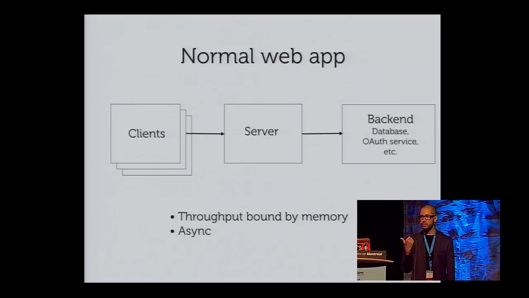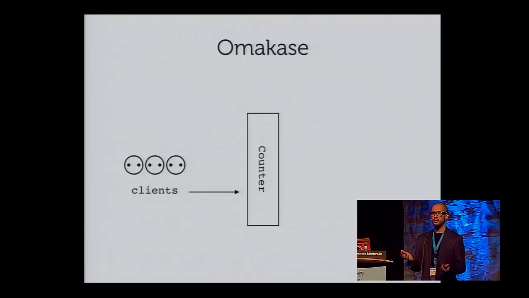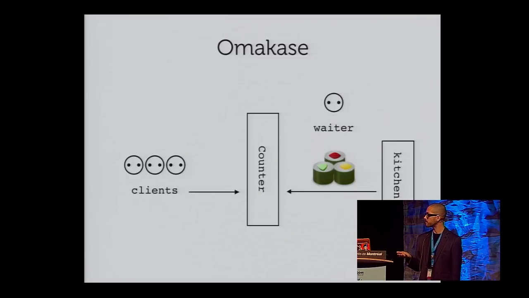Now, this is even more true of omakase. Or actually, I just learned that it's probably pronounced omakase, but anyway. The way it works is you and your friends all go up to the counter, and the waiter tells the kitchen a bunch of people arrived. And that's it. The kitchen starts making sushi, whatever is good that day, and as the sushi becomes complete, the waiter ferries each dish to the clients at the counter.